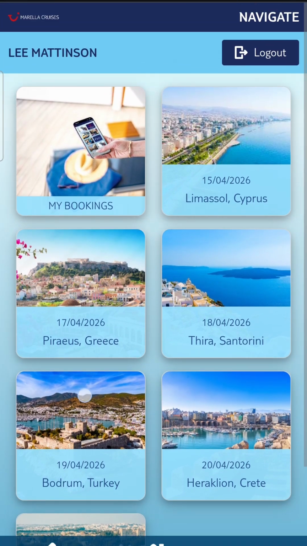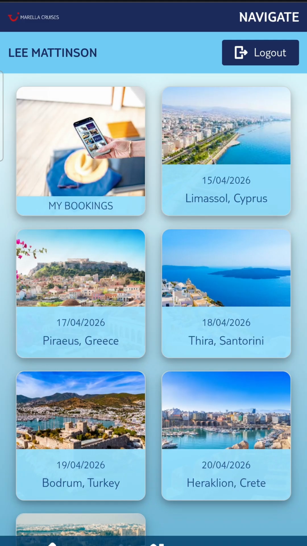So you can look at your bookings that you have, and then you can go to the different locations depending on what day. So if you wanted to go on the 18th to Thera Santorini, you can click on that, and that will take you to the TUI operated tours. But again, in most of these cases, you can just go and book it yourself, or you can get off the ship, and there's usually a hop on hop off bus or water taxi or whatever that's usually a little